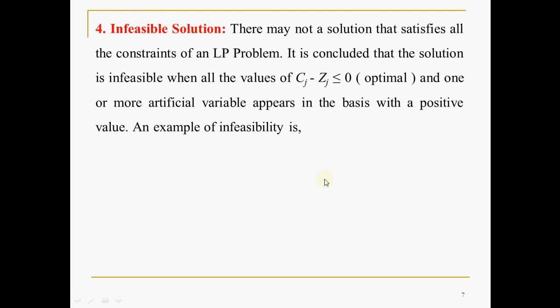Now the last special case is infeasible solution. Again, you have seen this in the graphical approach also. In the same way, an infeasible solution may arise in the process of the simplex method. Simplex method in the sense of any of the methods, need not be the plain simplex method that we discussed. So maybe in the big M method or penalty method, two-phase method, dual simplex method, and all this.